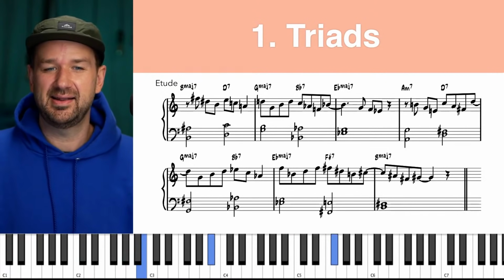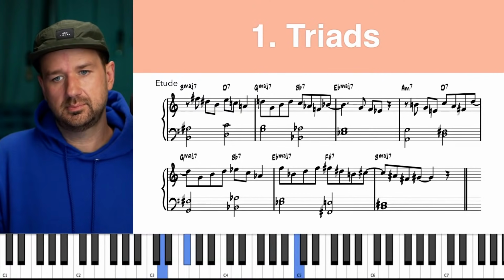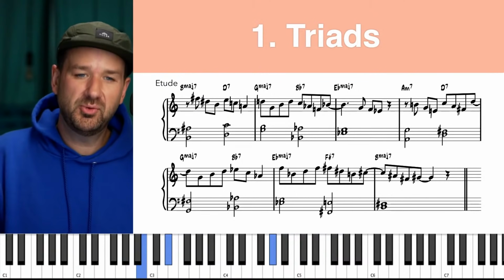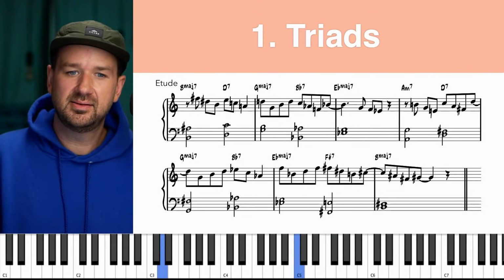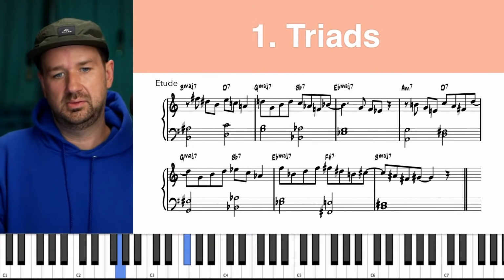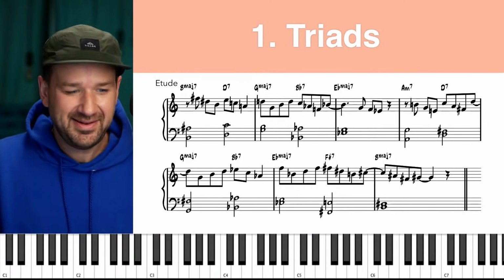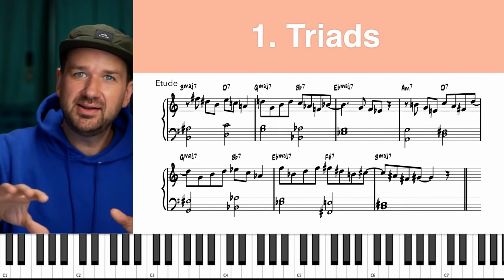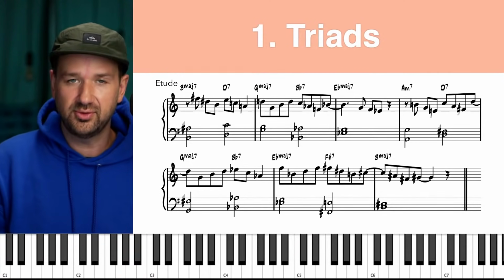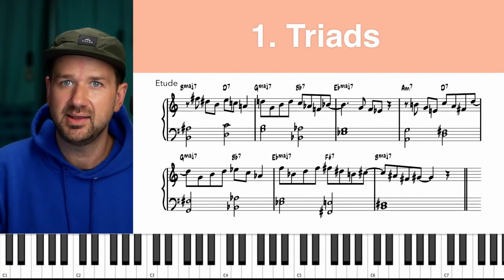1, 2, 3, again. Isn't that great? So this is how you get into those positions and you can literally just twitch your hand around, roll your hand, do some circles,